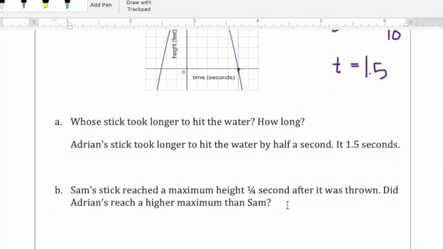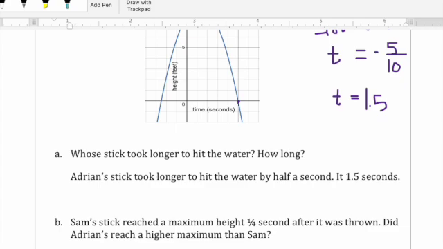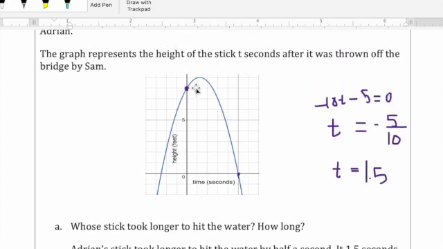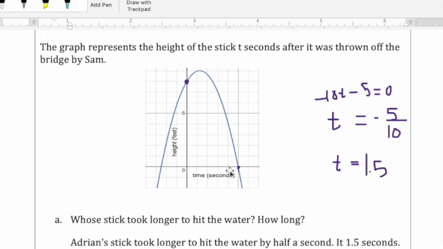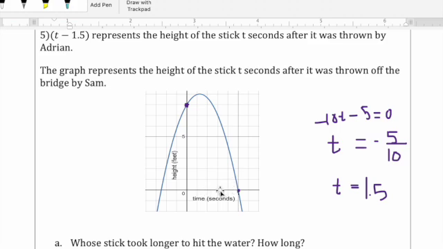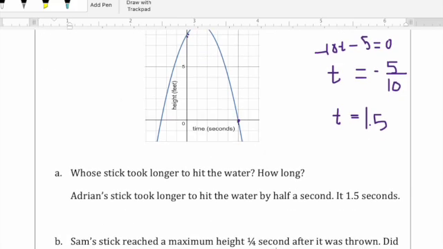So, did Adrian's reach a higher maximum height than Sam? Looking at this. Okay. 5, 6, 7, 8, 9. So Sam's is 9 and Adrian's is 10. So yes,